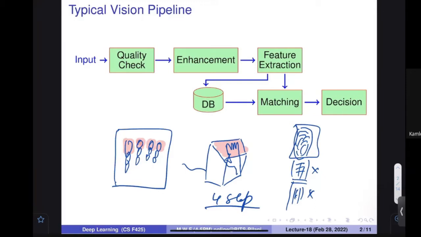This particular task has a name called segmentation. You have to do the segmentation. And if you want to do the segmentation, you can think that only the XY coordinate matters. If somebody tells you the top left corner and provides the length and breadth, only these four numbers, you would be able to cut that. So if you want to do a segmentation task, these four values you have to